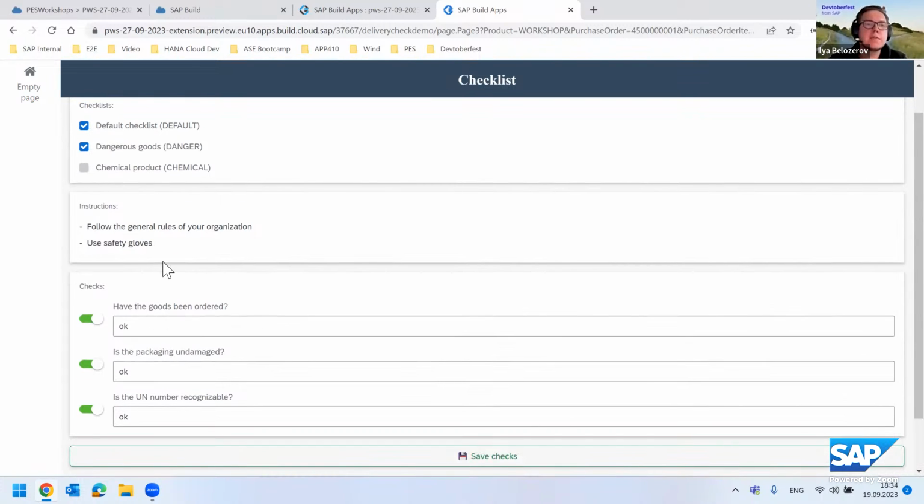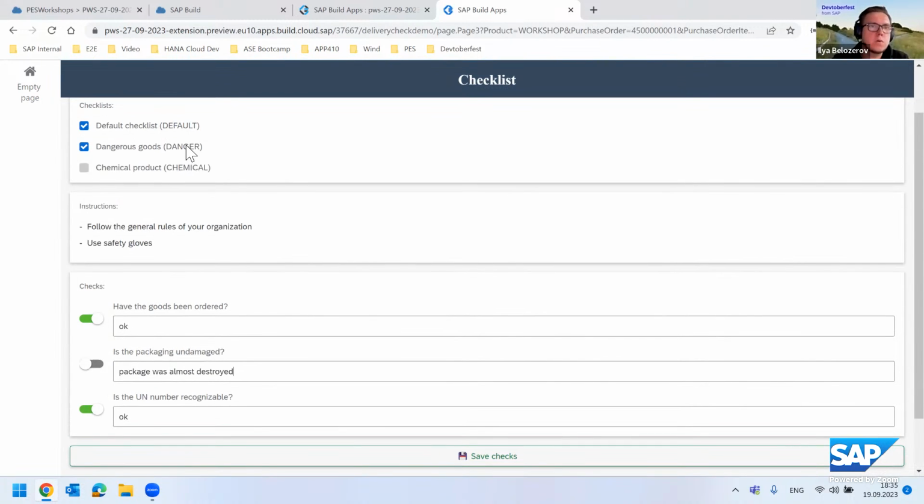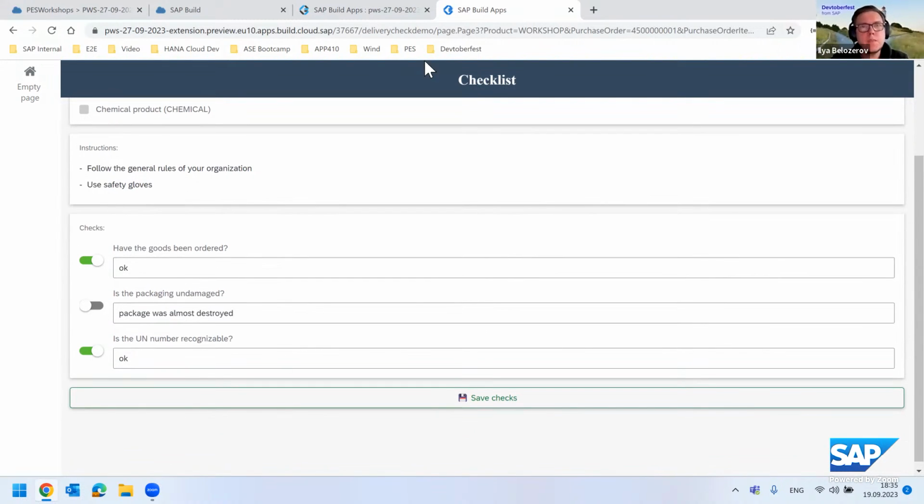then the warehouse clerk can do these checks already with the package. So he checks, for example, have the goods been ordered? Okay. Is the package not damaged? No, it's not okay because the package was almost destroyed. And is the UN number recognizable? I think it's somehow obligatory for dangerous goods. Yeah, maybe okay, yes. And then he can press save checks, and I will show you what will be done